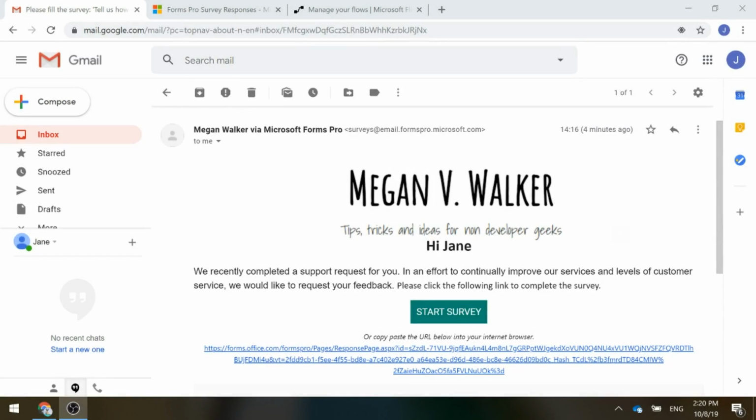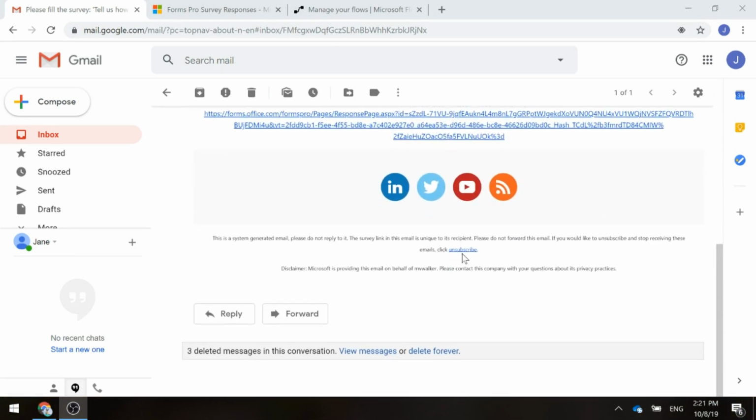When you send an invitation to somebody to take a survey using Forms Pro, they're going to receive an email, and right at the bottom you're going to see some text that explains that it's a system generated email, and also gives them the option to go ahead and unsubscribe. So let's look at what happens when someone receiving your Forms Pro survey invitation actually clicks on